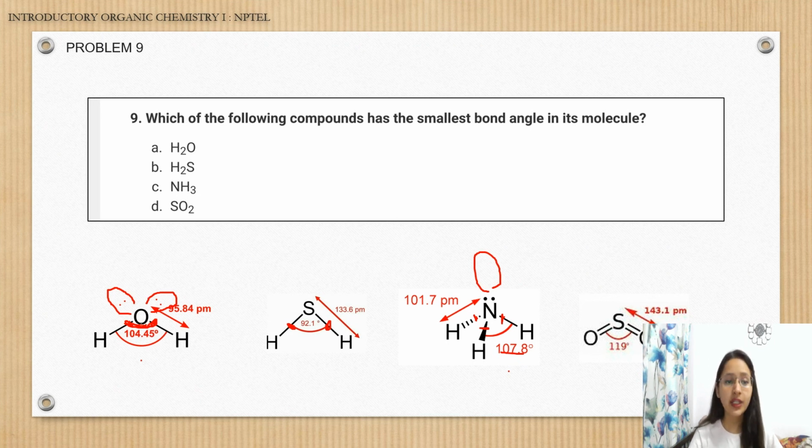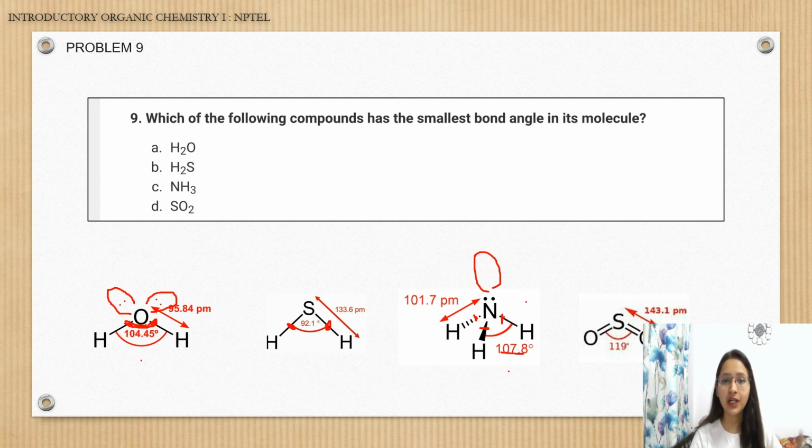Fine. And we are studying that the bond angle concept is fairly dependent on the electronegativity and the lone pair-bond pair repulsion, right? So here, oxygen has a higher electronegativity than nitrogen. The steric crowding at this position is higher than nitrogen,